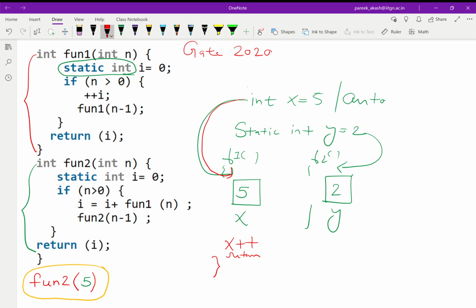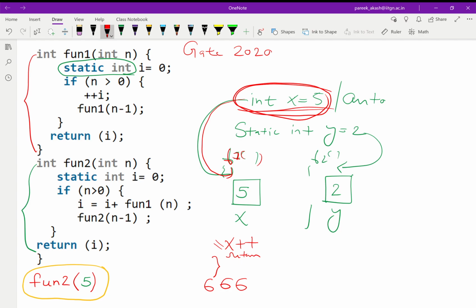And now when I'm calling this function f1 again, it will enter again, but it will see this line again, int x equals to 5. So it will again initialize this x with 5 and again it will calculate x plus plus. So again it will give 6. Initially it was giving 6 for the first time, the second time it will also give 6, and for the third time it will again give 6. This is because every time the function is being called, this line int x equals to 5 gets executed. So every time we are initializing the variable x.